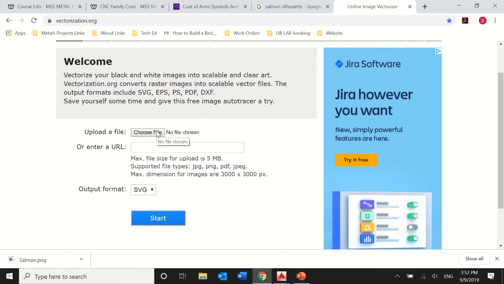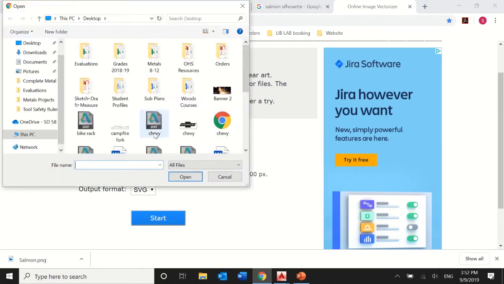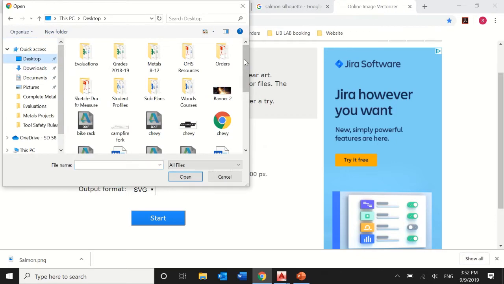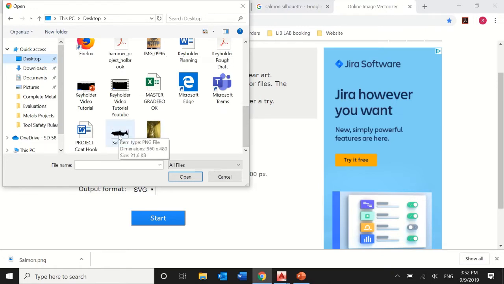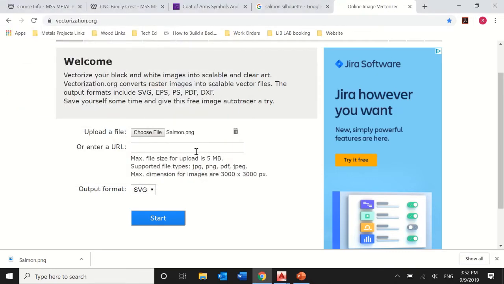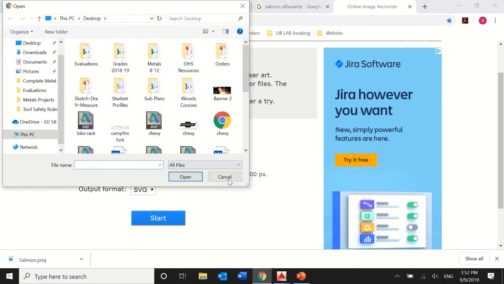So you're going to get to the website and you're going to click the choose file button. Okay, we're going to go back to our desktop because that is where our image is located, and we're going to find that salmon image or whatever black and white silhouette you've selected. Double click and you can see that it's now loaded up into